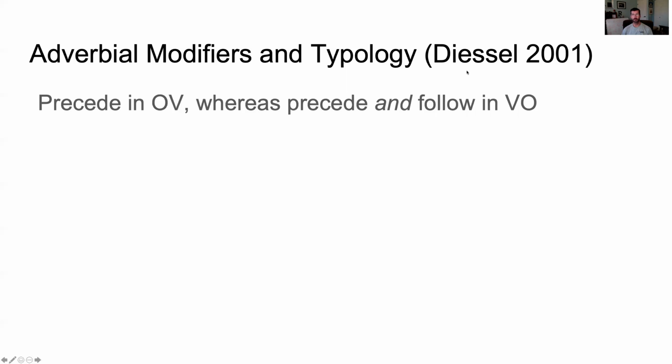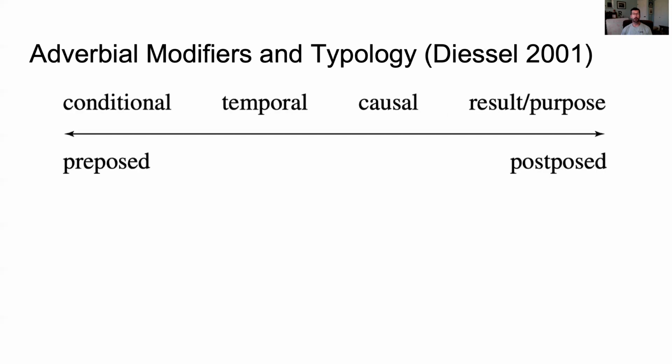This was what was most interesting. Notice we're now in 2001 instead of 2003. Adverbial modifiers in OV languages like Korean and Turkish, I think Arabic, you will find adverbial modifiers only precede the verb, whereas in VO languages like English, German, Hebrew, and Greek, most European, many European languages are going to be VO languages. The adverbial modifiers can either precede or follow. And so the question is, is there anything we can know more about that? Well, what he found is that